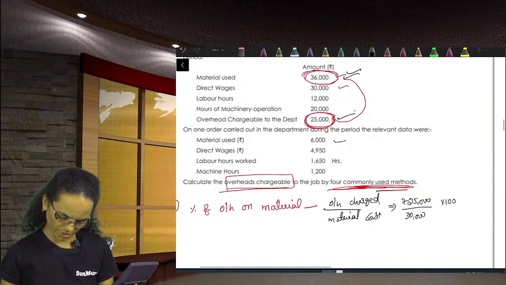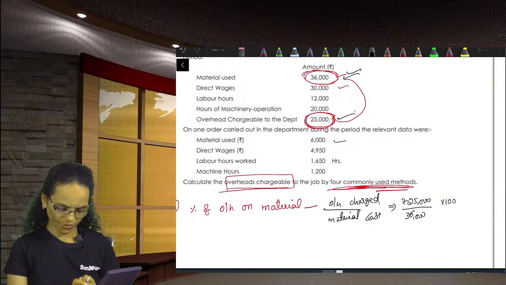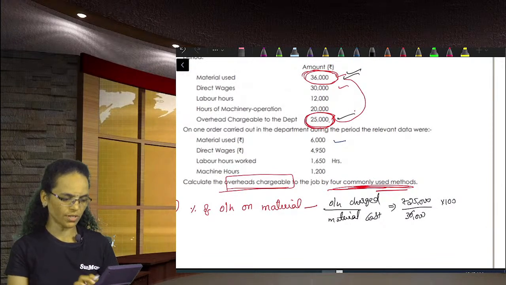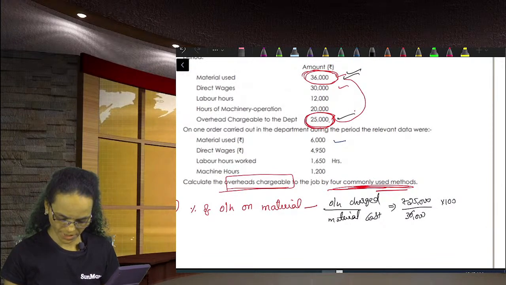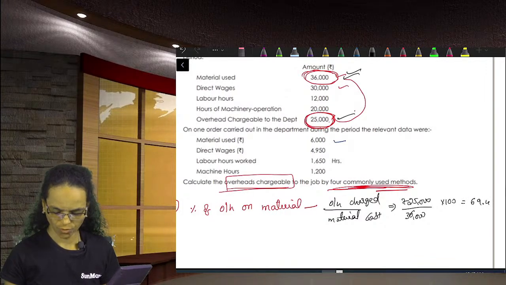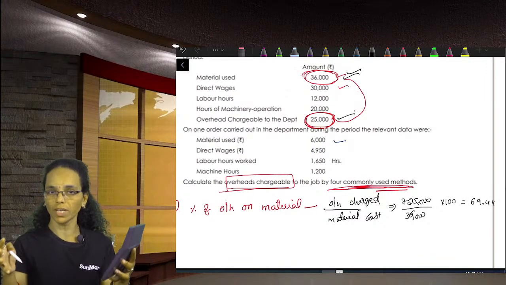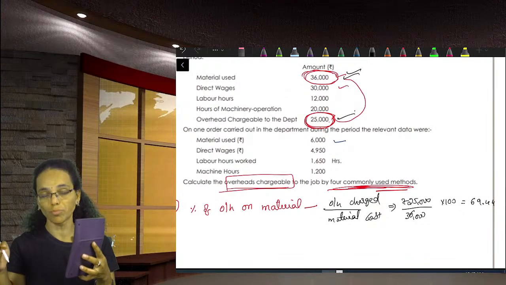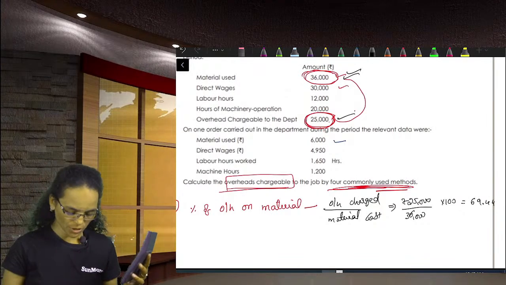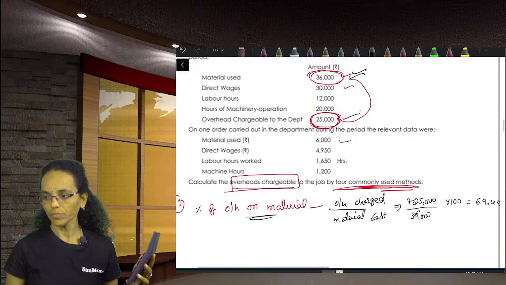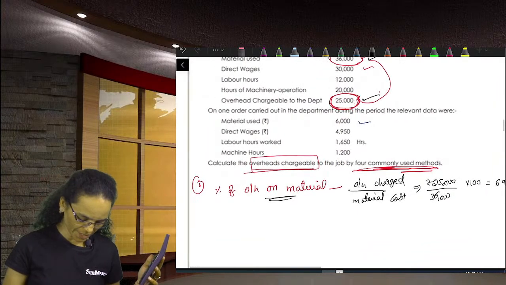Overhead charge, sorry, the material is 36,000. 25,000 divided by 36,000 into 100 percentage, that is 69.44 percentage. Whatever the material you incur, 69.44 percentage of it will be the overhead cost. So this is the material method, and the next method is